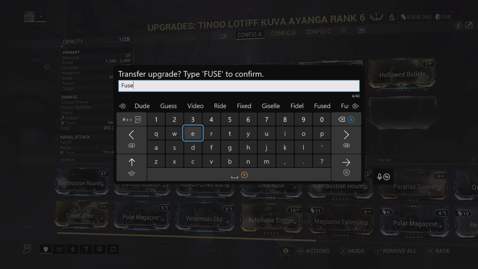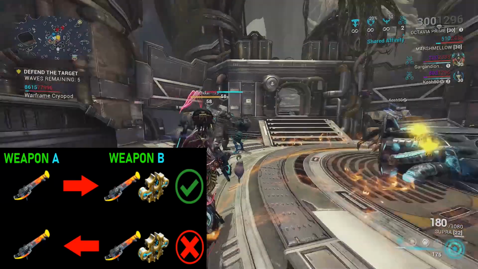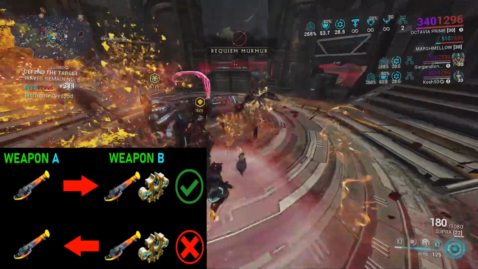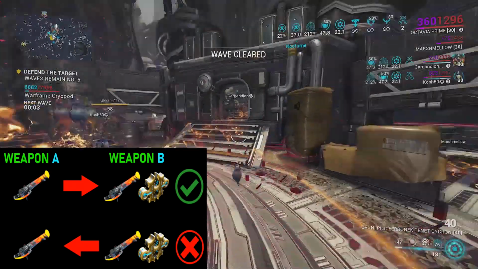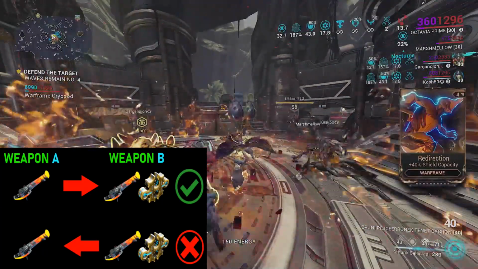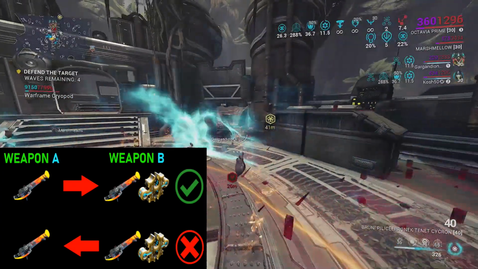Now I must warn you that order does matter when you Valence Fusion weapons. I'll give you a basic example. Weapon A is your standard Kuva weapon, and Weapon B has some upgrades on it like Forma. You can fuse Weapon A into Weapon B and everything will work out just fine. However, Weapon B should not be fused into Weapon A because you will lose any Forma that you put on it, essentially resetting the weapon back to 0,